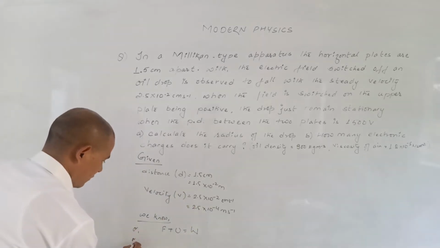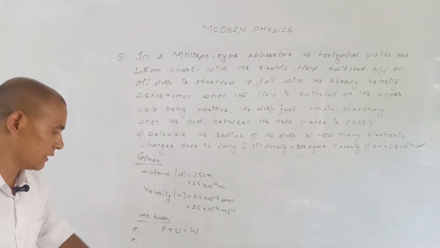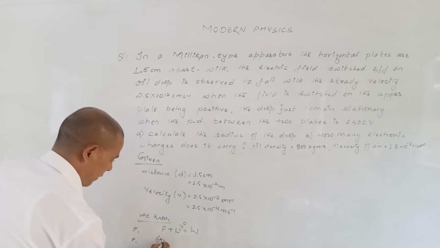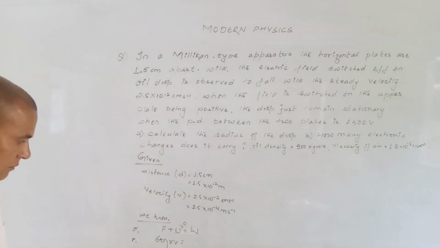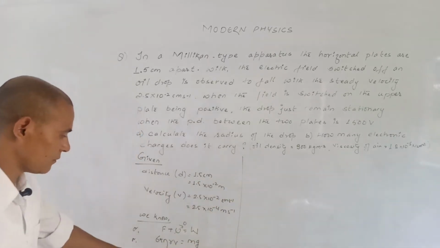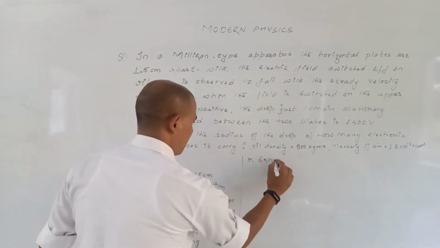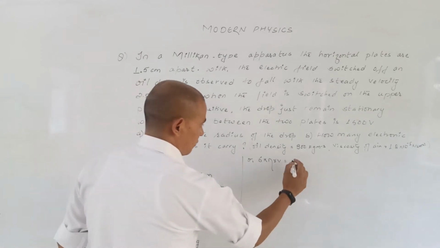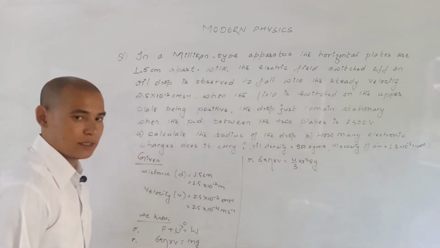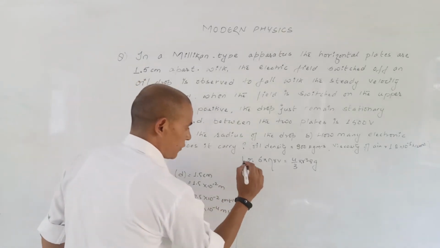Since the upthrust due to air is neglected, we will write 0. In place of F we will write 6 pi eta r v, and weight is written as mg. Now we have to simplify these equations. Our equation will be 6 pi eta r v equals weight, and in place of weight we can write 4 by 3 pi r cube rho g. I have written this directly, as we have already studied it in class 11 in Stokes law.